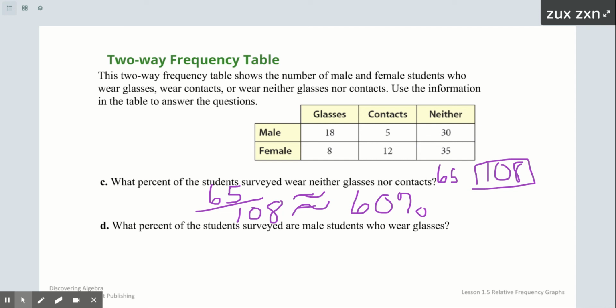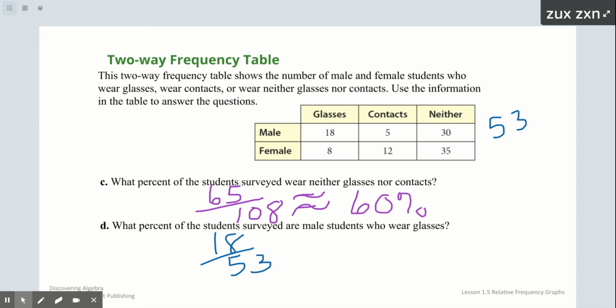So I'm going to erase this for now. Did it again. Okay. So male students who wear glasses. Remember, my total male students was 53. And I've got 18 of them wear glasses. So 18 out of 53. To get your percent, you would do 18 divided by 53 and then multiply that by 100. And that will get you about,